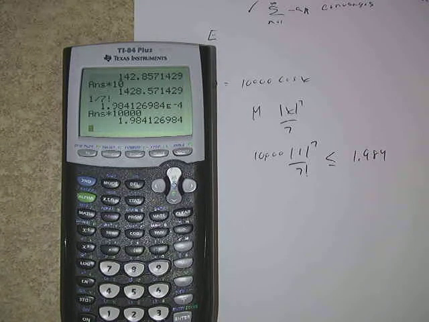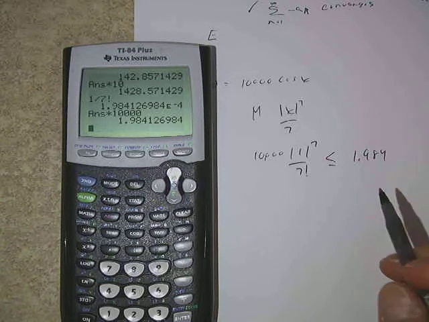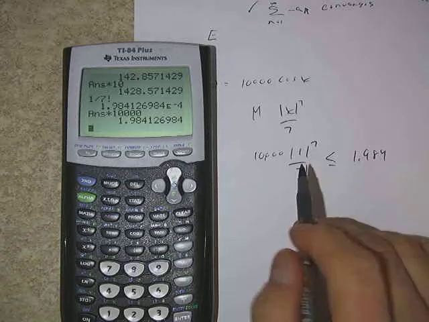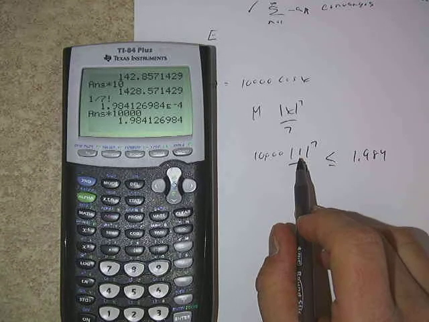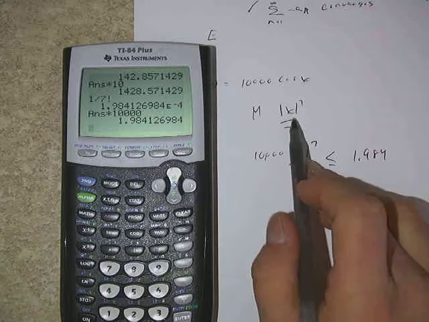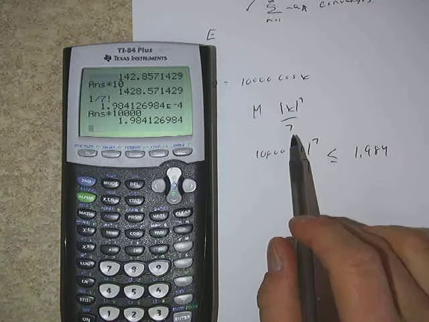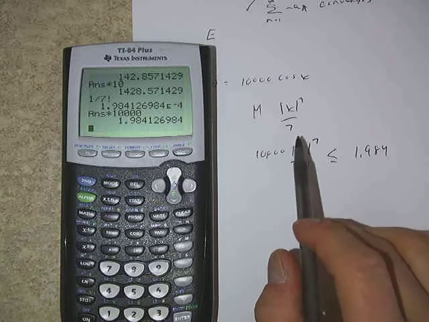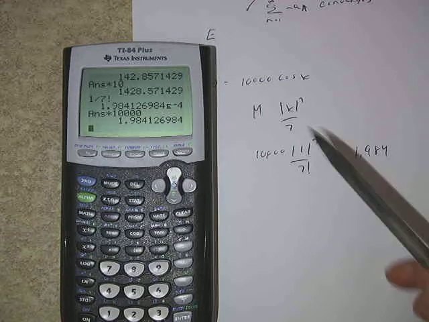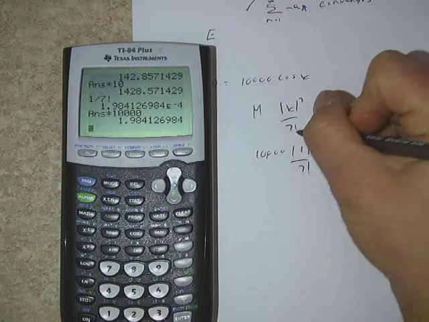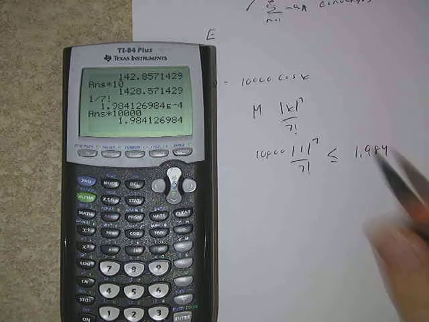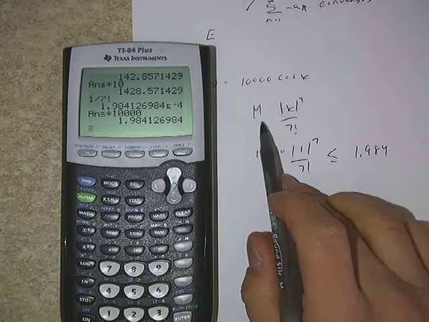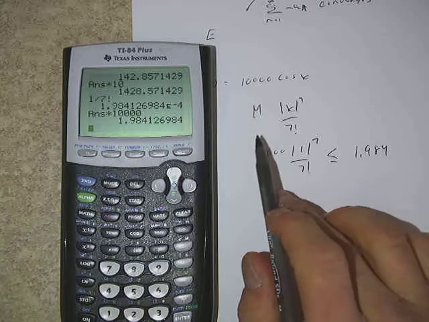So again, in terms of that remainder theorem, I guess the key elements that we got to worry about here are if we are looking for the actual error. Okay. And again, this is a 1 because this is how far away from the center that we are, because we want the approximation at 1. Okay. And in general, our general form is this. If we're looking at a 6th degree polynomial, keep in mind if we were doing this with a 3rd degree polynomial, then these would be 4 and 4 factorial, if you will. Right? Okay. So whatever the degree of the polynomial is, we're always going to be 1 more for our power and factorial part. And then again, the m, keep in mind, is just the maximum value of the 7th derivative